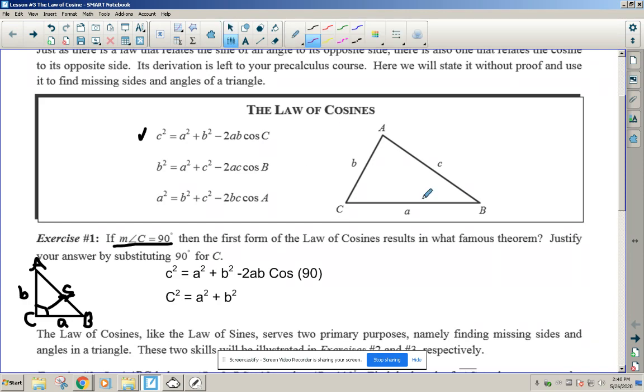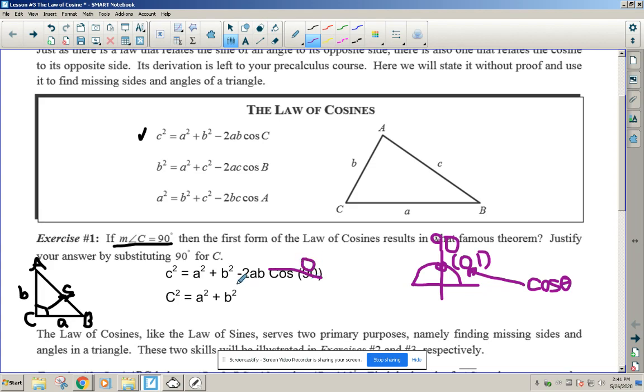Now, one of the things you want to make note of is the cosine of 90 should be familiar to you. The cosine of 90 is part of, and I'm not going to draw the whole thing, the unit circle. Here's the point. And this point here is 0, 1. Now, if you remember, and I hope that you do, the x-coordinate on the unit circle is equal to the cosine of the angle. So cosine of 90 degrees is 0. If cosine of 90 degrees is 0,